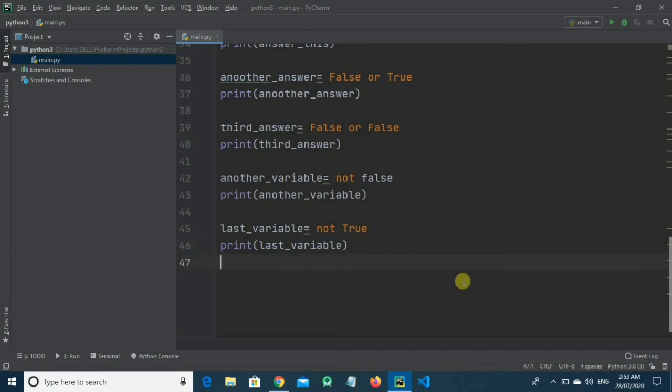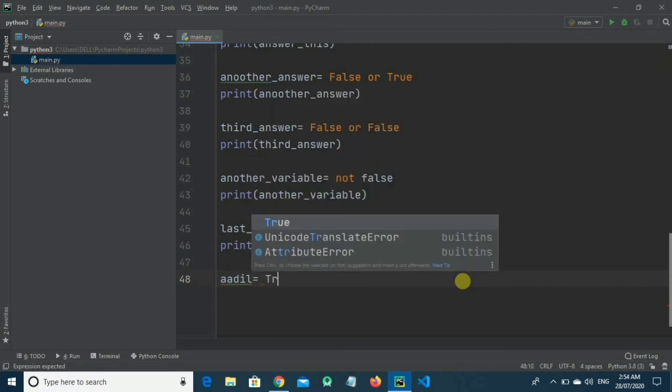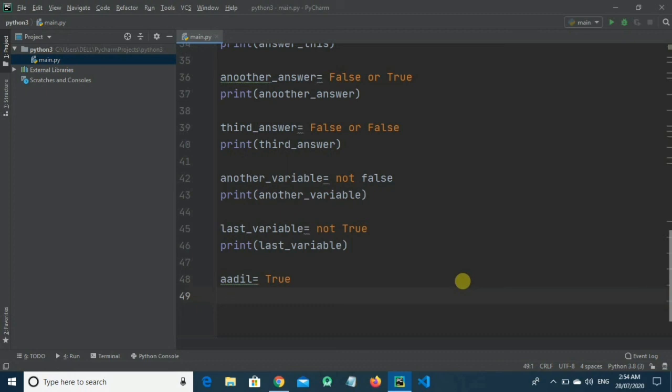Okay, so in Python, we can also compare variables, strings, and numbers using booleans. For example, let's compare variables. To do that, we will need to declare some variables. Let's declare Adil equals true, teaching Python equals false, and to print this we will need a third variable to compare them.